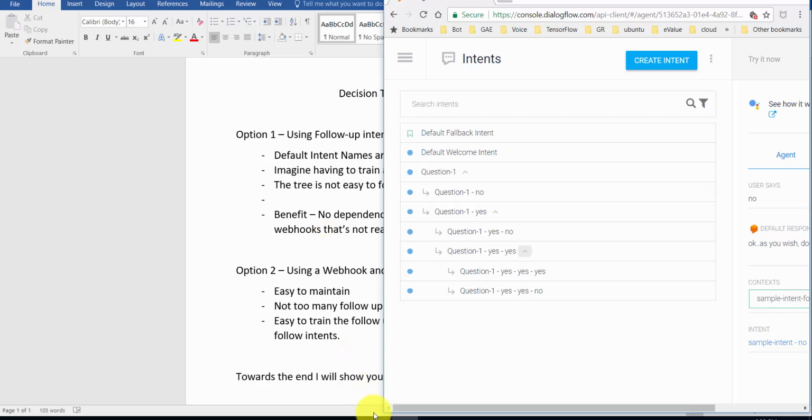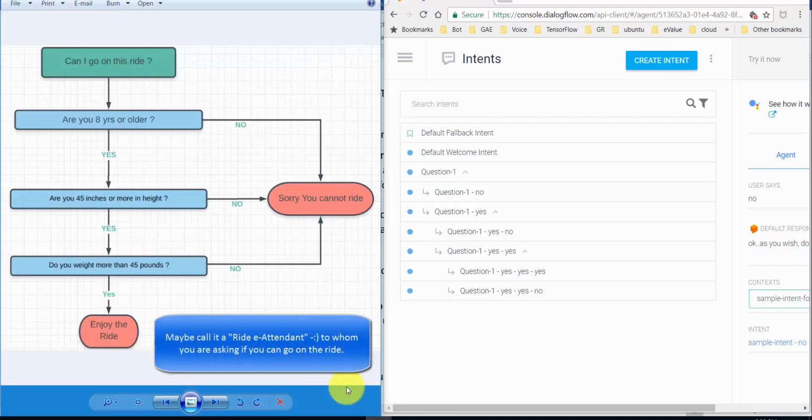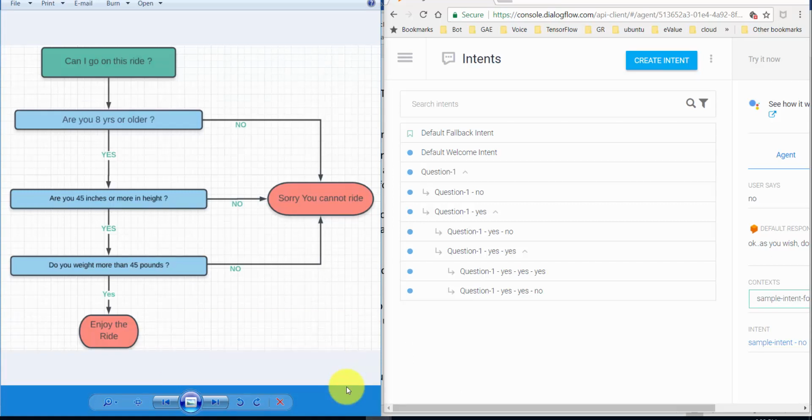Let's take a look at the example that we'll be using to explain this. So here's a very simple bot. Basically, if you're going on a ride in an amusement park, there's a certain criteria that you're supposed to meet to go on the ride. So you ask the bot, can I go on the ride? It'll ask you all these follow-up questions. You give it a yes or no answer, and if you answer yes to everything, you're allowed to go on the ride. And if you say no to any one of the questions, you're told, sorry, you cannot go on the ride. So again, depending on the answer, if it's yes, you ask the next question or say that you're allowed to go on the ride, or if you say no,